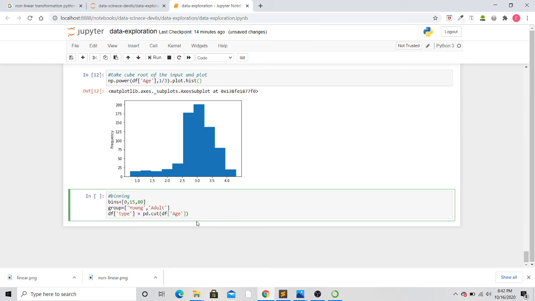So we are dealing here with the age column. So I will write df['age'], and then these are my bins, from 0 to 15, if the passenger is there, then he belongs to the young group, and from 15 to 80, if the passenger is there, then he belongs to the adult group. So bins comma labels, and for labels we are giving young and adult. So these young and adult belong to the list named group. So I will write group. Okay, hit shift enter.